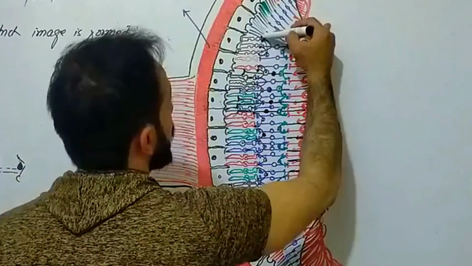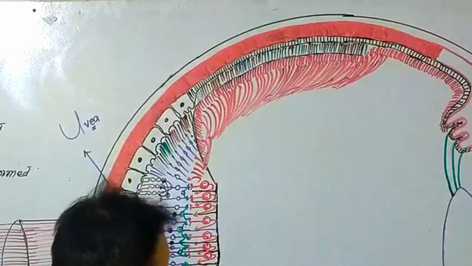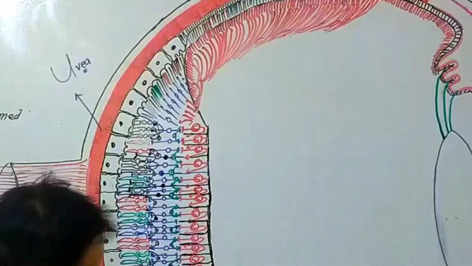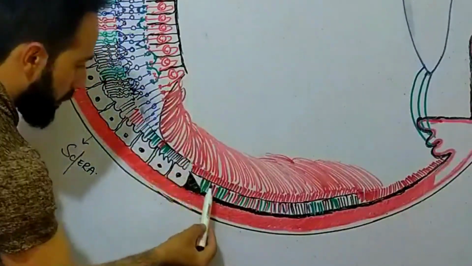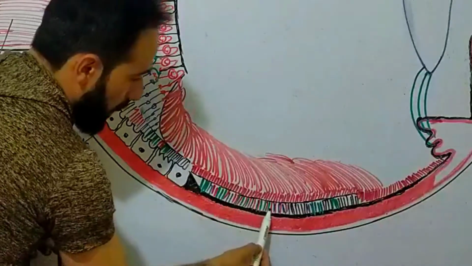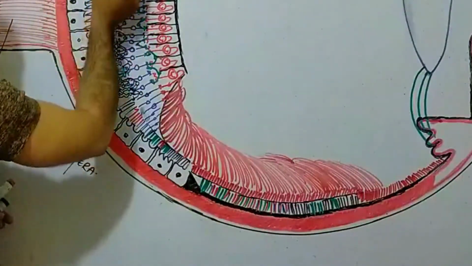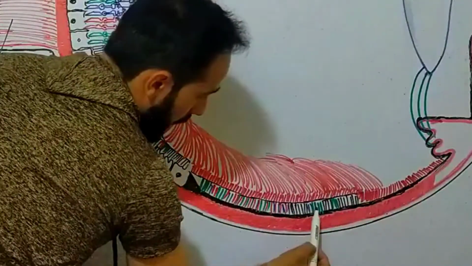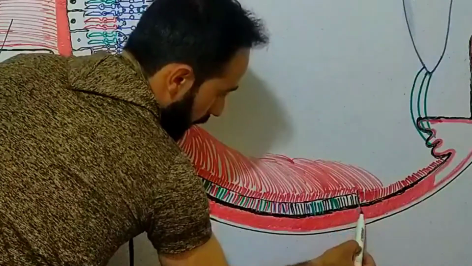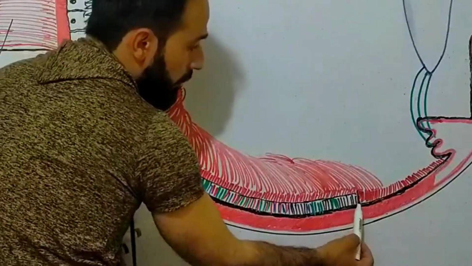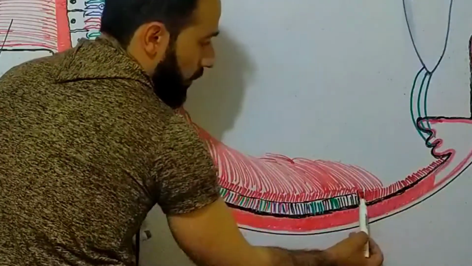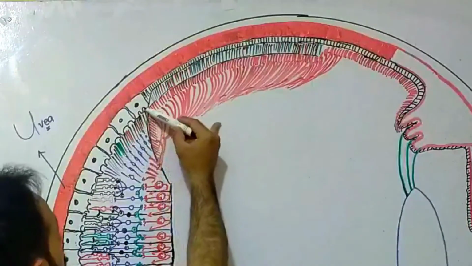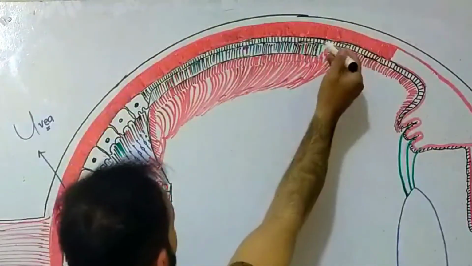Now look here. While you are going anteriorly, right? This is the posterior of the eye. This is the anterior of the eye. Look carefully. While you are going anteriorly, follow my marker please. This blue and green and red layer is called the rods and cones layer. As you can see here, rods and cones layer. Now the rods and cones layer at this point, they will leave the layer and they will not go forward, right? And also here, look carefully. These are the rods and cones layer, and they are going forward, forward, forward, and forward, and they will stop